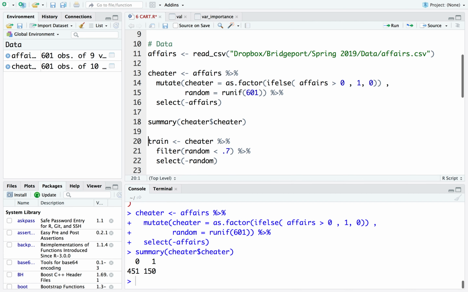I can do a little summary here. As you see, because it's a factor, I did my summary not on the entire data set, but just on cheater, the data set cheater, variable cheater. And here we can see it says 451 and 150. Now, however, if we do the summary on the entire data set,